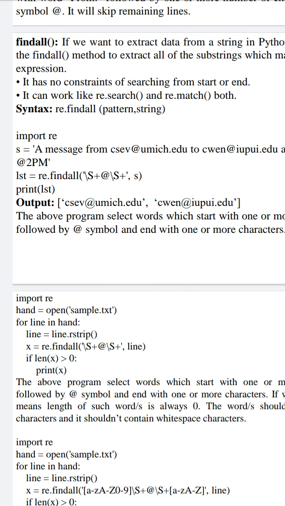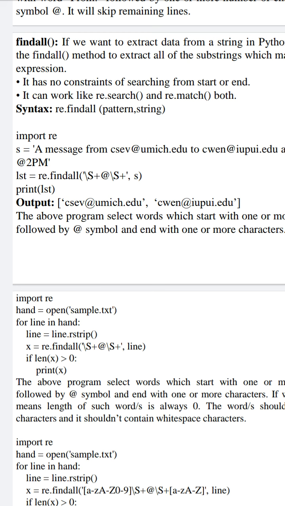If you look at our input, we will come to know that there are two possible matches. They are CSEV@umich.edu and CWEN@iupui.edu.